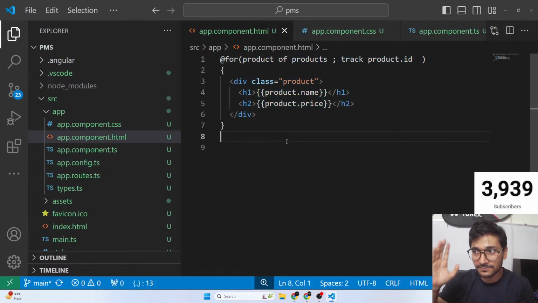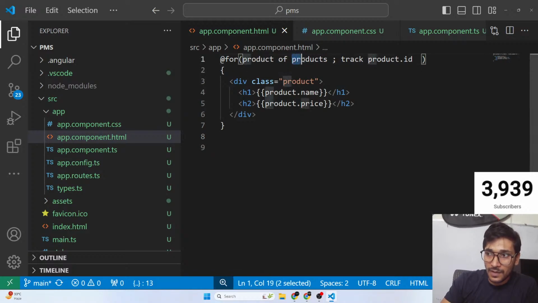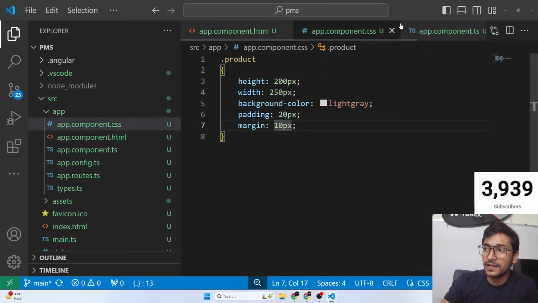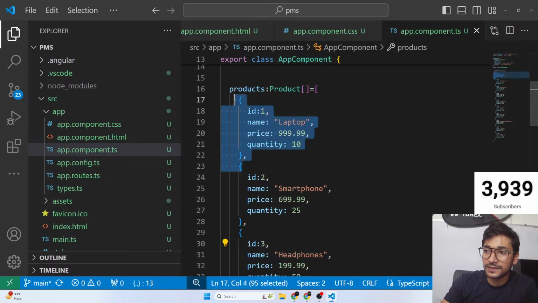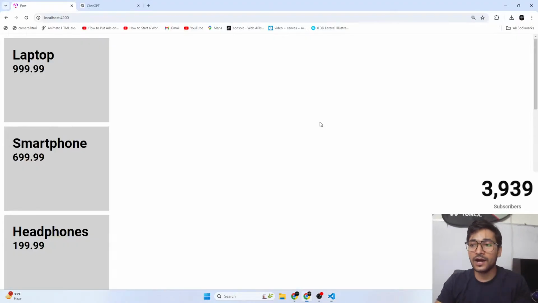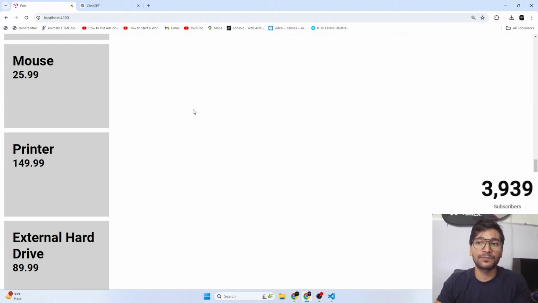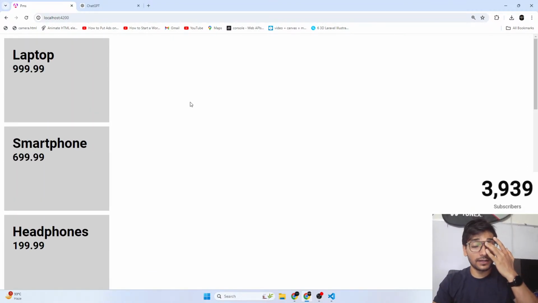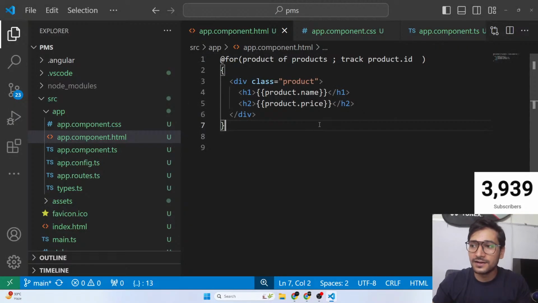So now if you look at it, I hope you can read it properly. I'm looping through the products array, taking its elements one by one in this variable, and I'm also saying track based on the ID of the element, and I'm displaying the name and price. So first time it displays the first element, next time the second, next time the third, one by one, and you have something like this. I hope it's cleared, guys, everyone. I hope generating elements through a loop is cleared now.